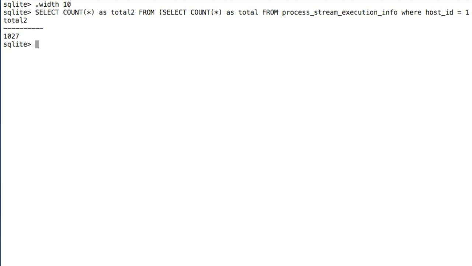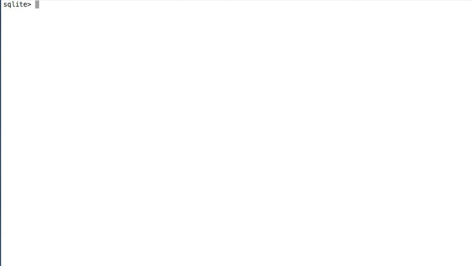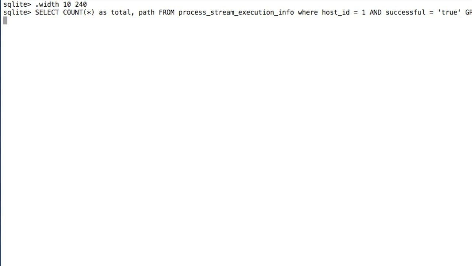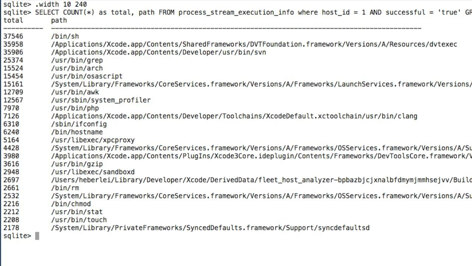Now I can assure you that I personally don't know how to run 1,000 different programs. I probably directly use about 30 different programs, so the vast majority of programs executed on my system are actually run behind the scenes. To get a little more insight, let's look at the most frequently executed programs. As you can see, the Bourne shell was run over 37,000 times on my system, grep over 25,000 times, awk over 12,000 times. Most of these are low-level programs, and most of the results will never directly appear on my